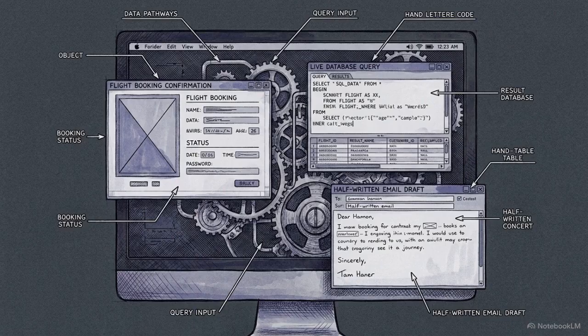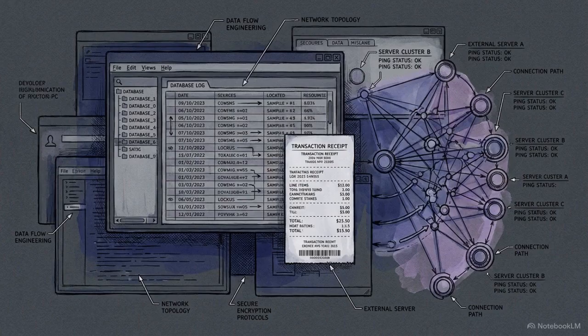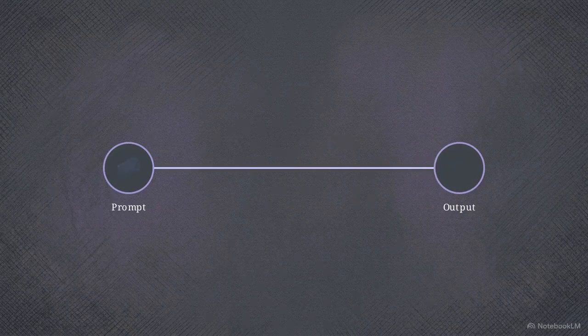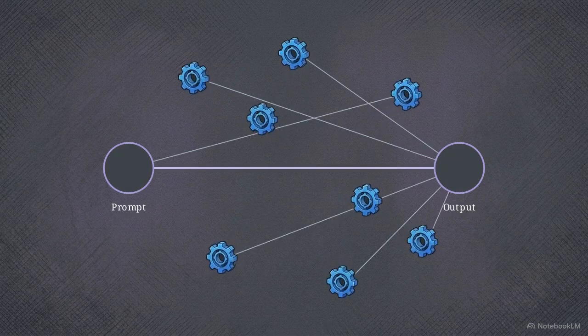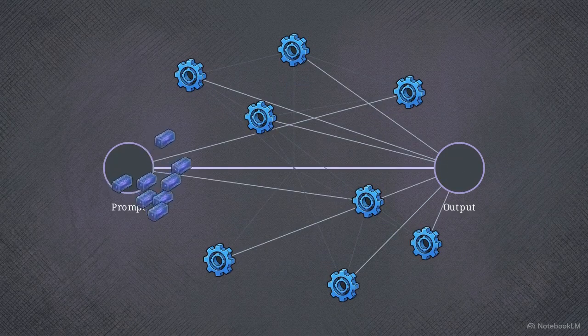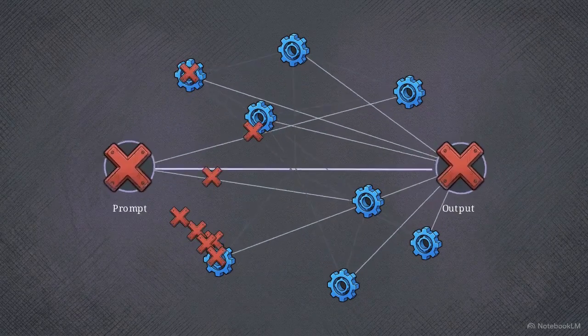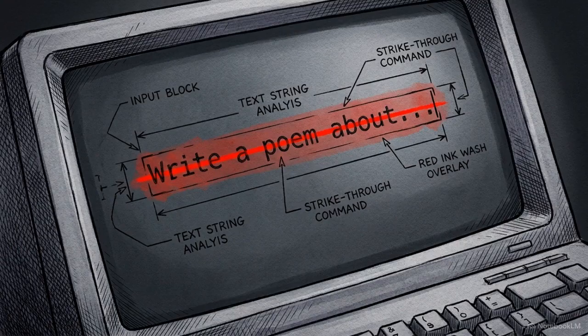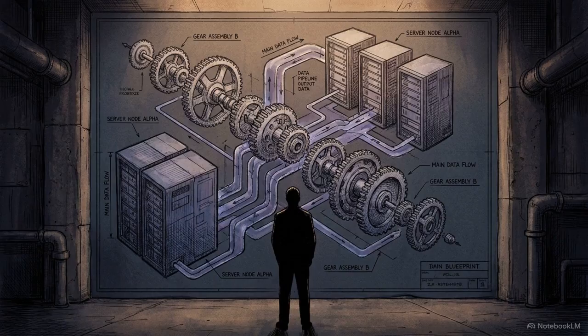Real-world agents, however, are expected to act. They query live databases, process refunds, and interact directly with unpredictable external systems. When you ask a single string of instructions to handle API delays and multi-step reasoning at scale, that linear approach will buckle. It will shatter under the pressure of real-world complexity. Surviving in production requires moving past the search for clever sentences. We have to stop thinking about instructions and start thinking about systems engineering.